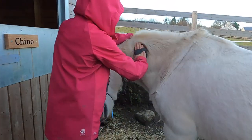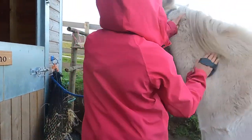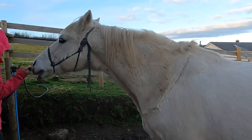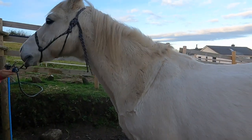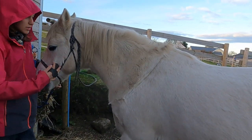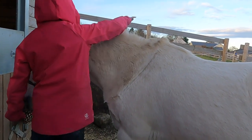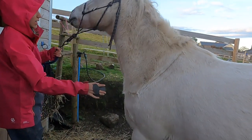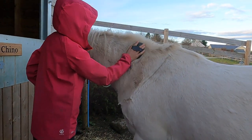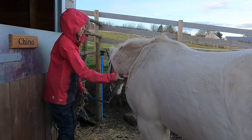Chino's a bit dirty, so if I just do this, oh dear Chino, don't do this again please. He's learnt this thing where he goes back when you're brushing his neck, so that's a bit annoying. I'm just going to push his mane out of the way and then hopefully you can see. No Chino, come on. So I just brush like there, and then you can see it gets the big clumps